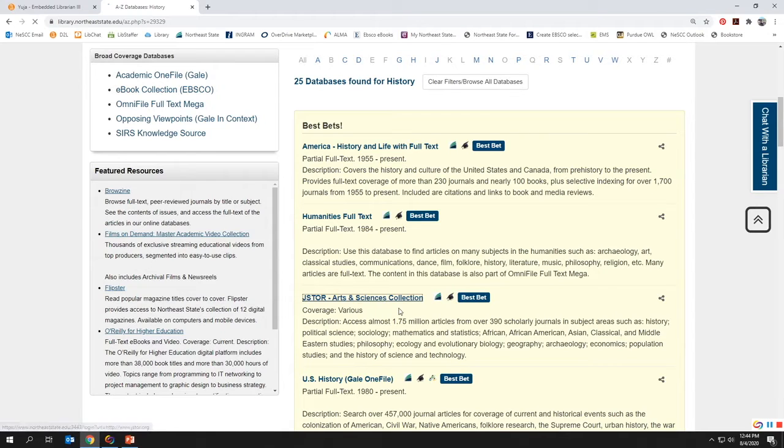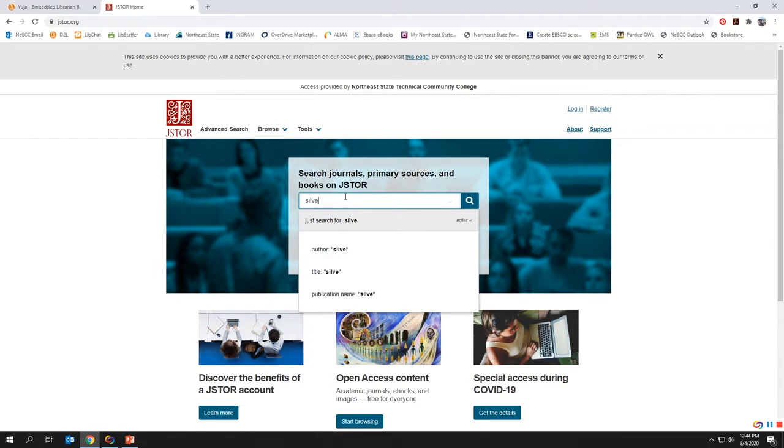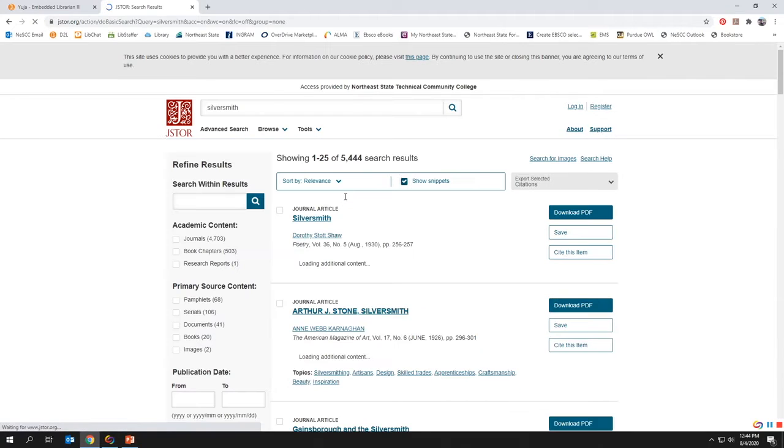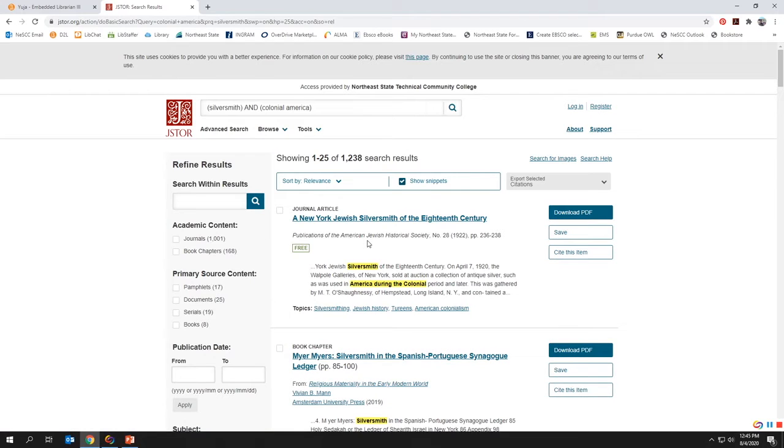Now, the first one I'm going to go over is our JSTOR database. JSTOR is a wonderful tool. And it's a little bit different than our other databases, though. So what I would do first, just a simple search. Let's start out with Silversmith and hit enter. Now we got over 5,000 results, so obviously we need to make this search a little more specific. So let's put in Colonial America and see what happens. That brings us down to